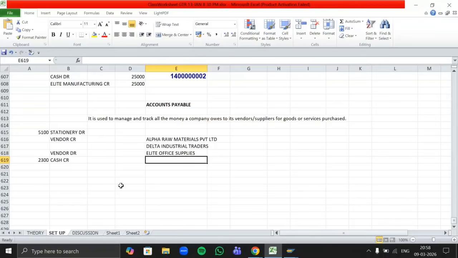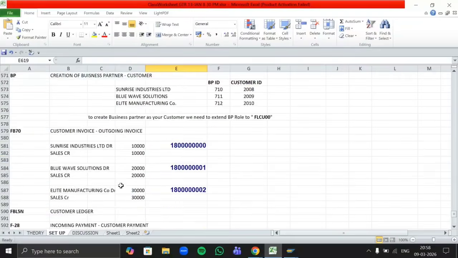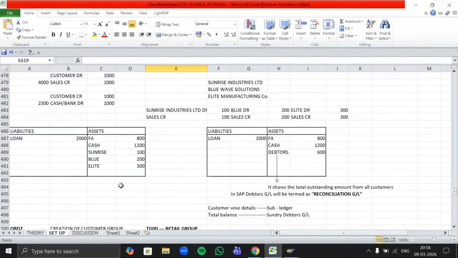So instead of posting directly to the GL, what will SAP do? SAP will post to the vendor account first, and then the system will automatically update our creditors GL, meaning our vendor reconciliation GL. Here is how it worked for the debtors, right? In the same way it is going to work for creditors also.